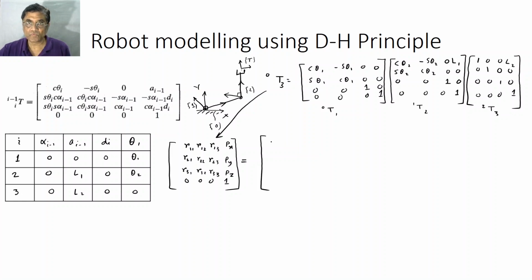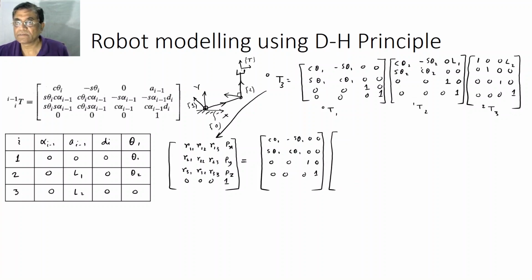Cos theta 2, keep it as it is, minus sin theta 1, 0, 0, sin theta 1, cos theta 1, 0, 0, 0, 0, 1, 0, 0, 0, 0, 1. And now again matrix multiplication, 12th class. If I make a mistake, you correct. This multiplied by this. Okay, so this is becoming your